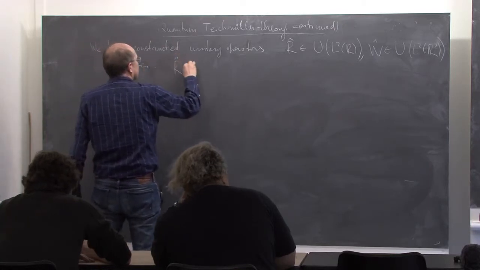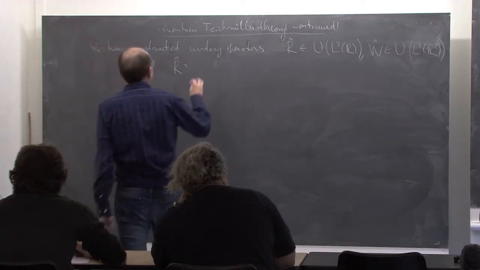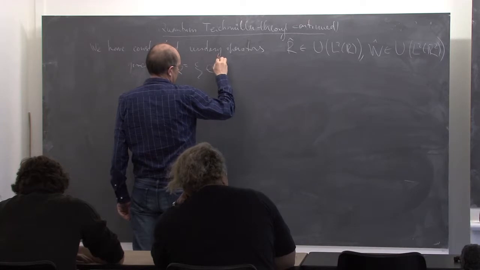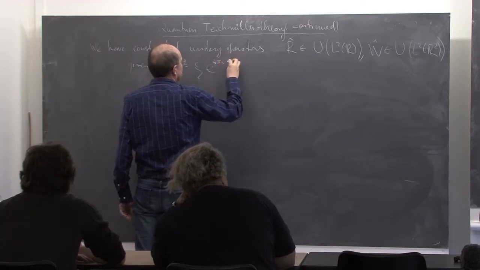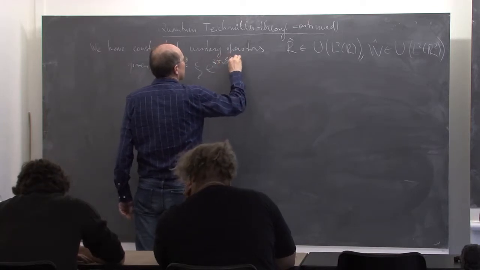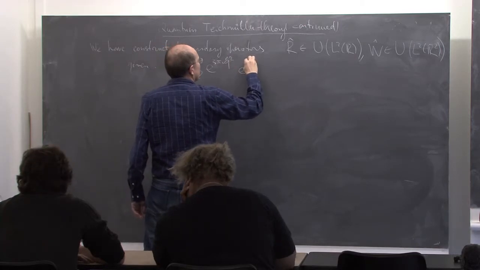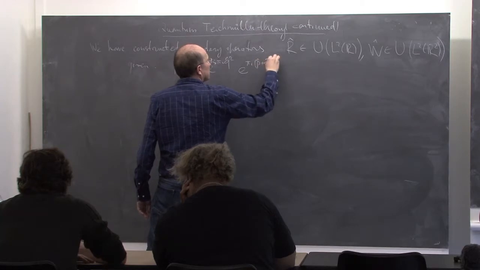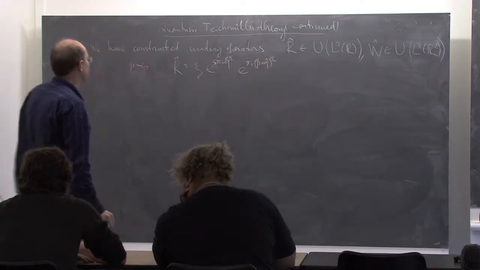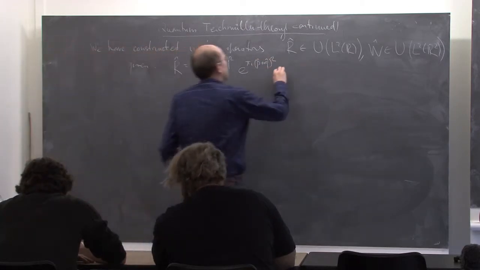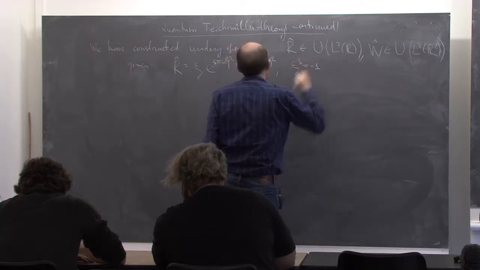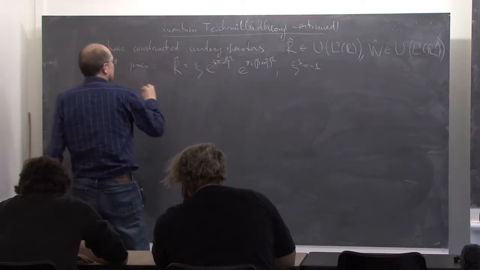So R hat, what was it? It was zeta e^{3πi} q squared e^{πi(p hat plus q hat) squared}. I think it was this formula. Zeta cubed was -1, and